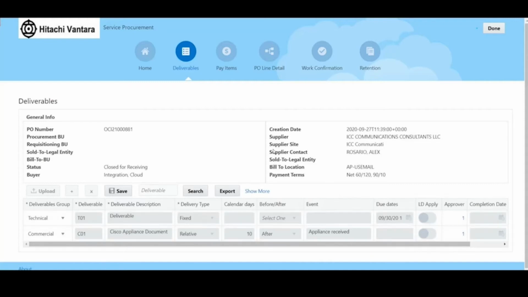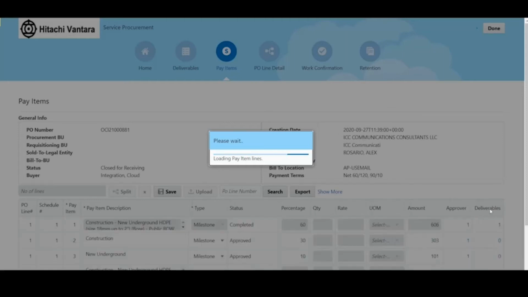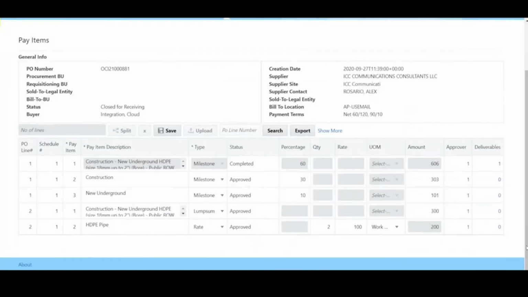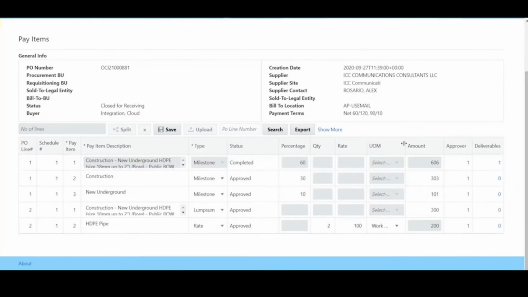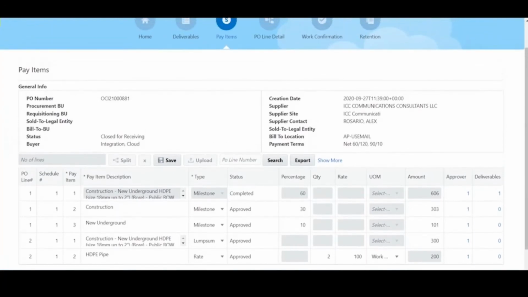Pay items are at the heart of the solution and are really what sets complex purchase orders apart from standard purchase orders. The pay item structure is very flexible to meet any breakout of payment, whether it coincides with receiving activity or not. Pay lines can be milestone-based and broken out by a percentage of payment at the completion of different milestones. They can be lump sum if the line item